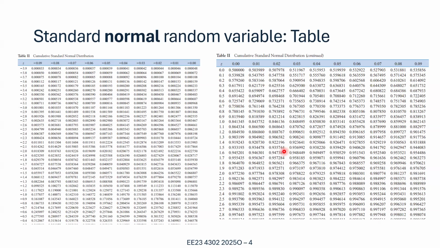You can look at other sources for the table, and they will all tell the same things. So what we need to pay attention to is this is for the standard normal random variable, again normal probability distribution, and